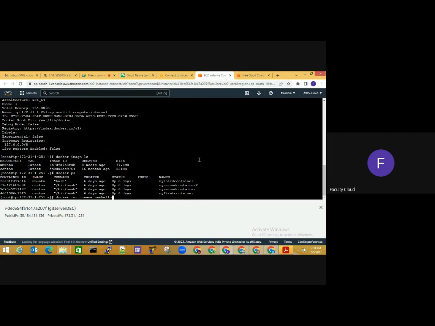Okay, let the prompt be back. Just a second, it is loading. These commands we will learn in depth with the syntaxes while handling each session. So I'm just going ahead and running hello-world. That is the name of the image which I am going to use.